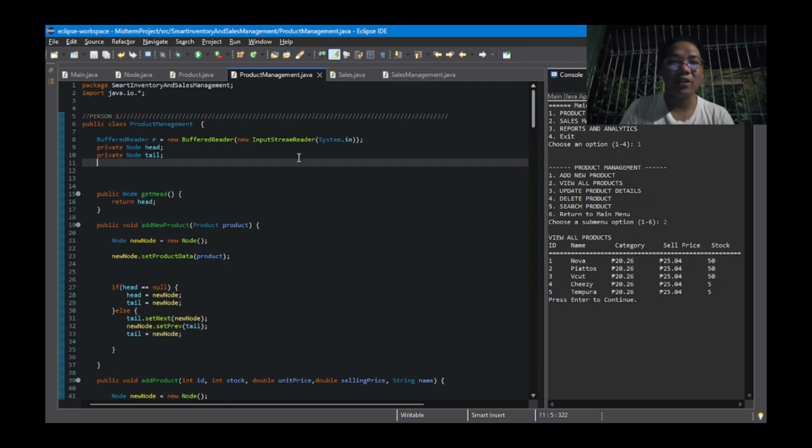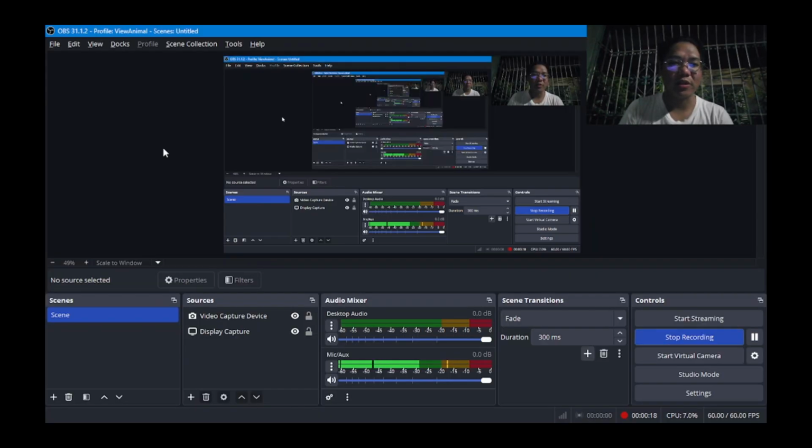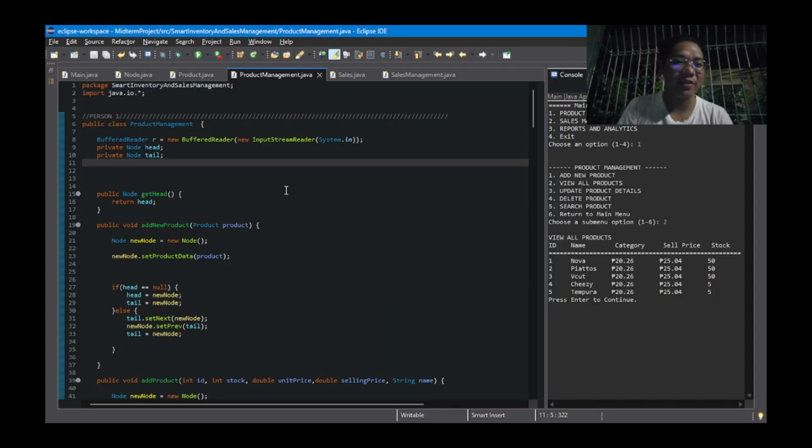I'm part of the product management Java, where we do output tracing regarding this one. We do apologize for the look, sir. It's just that with this project we're trying to squeeze in more time, so please bear with us. So let's go ahead and start with our product management.